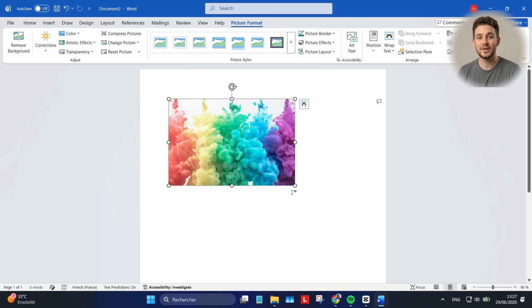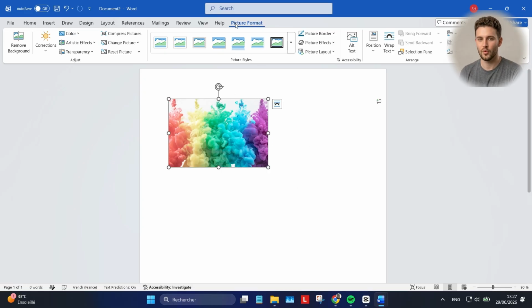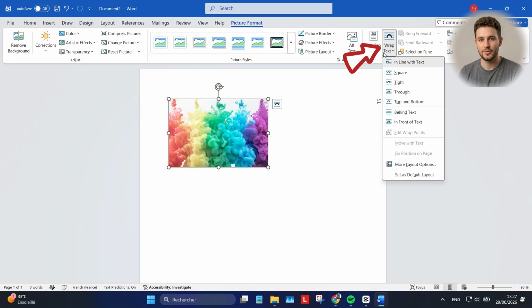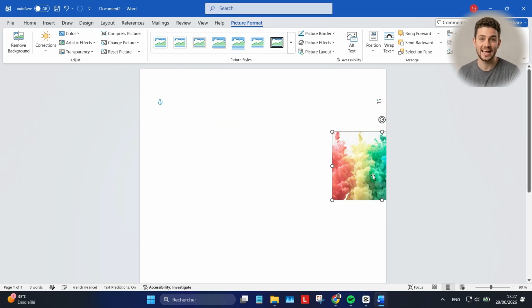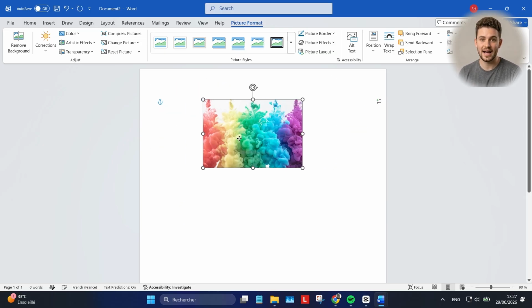To change this, simply double-click the image. This opens the Picture Format tab at the top of your screen. Look for the Wrap Text option. Click it, and from the drop-down menu, select In Front of Text. That's it. You can now click and drag your image absolutely anywhere on the page without it snapping back or